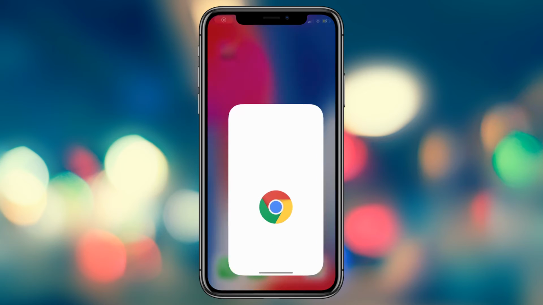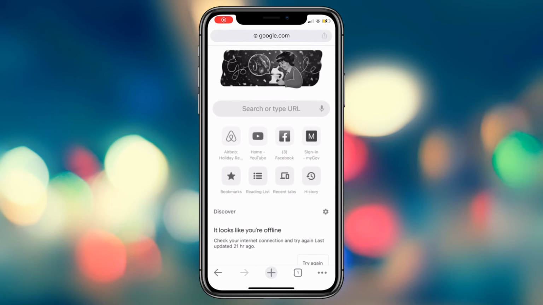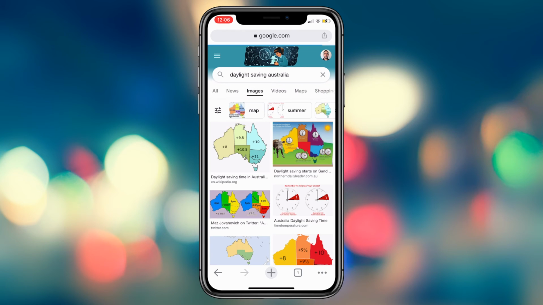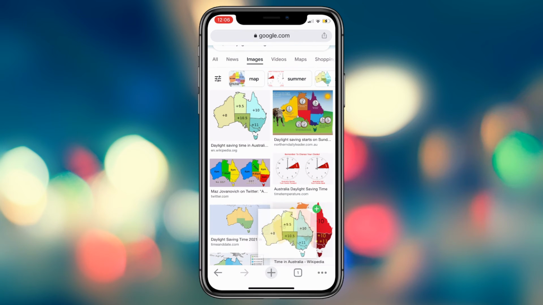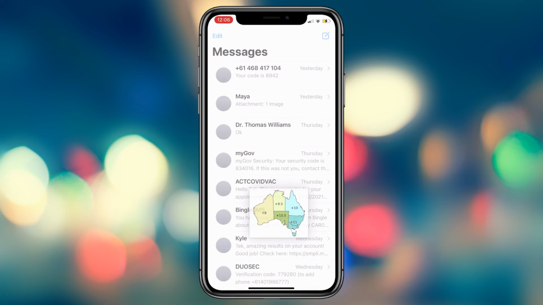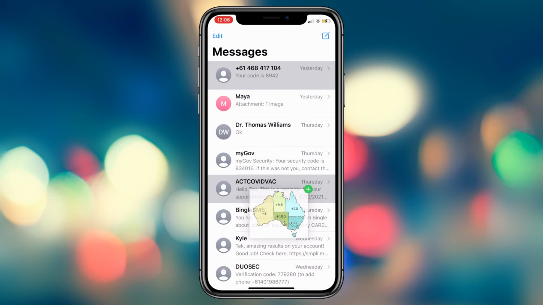This is a really cool feature of iOS 15 and this will save a lot of your time. Now in iOS 15 you can simply choose a picture, drag it and drop it to other places. For example, you can drag any images from internet to the messages and send it to someone without actually saving the image in the photos.